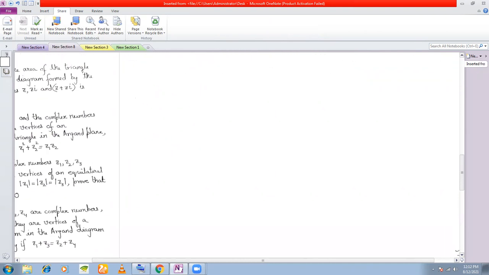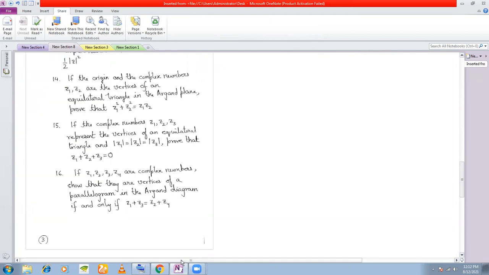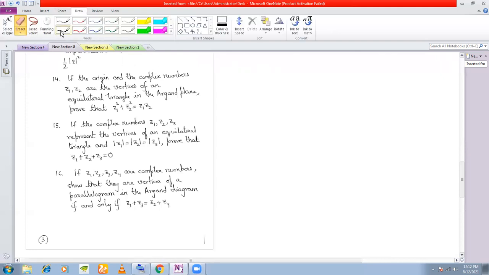For complex numbers, this should be the end of your first term syllabus, till this exercise. The next exercise, on locus of complex numbers, has been excluded from the syllabus. So after this, for the second term syllabus, we'll move on to the cube roots of unity and how to find the square roots of complex numbers. That is reserved for the second term syllabus, and that is very easy. Till this part only, you will find it a little crooked.